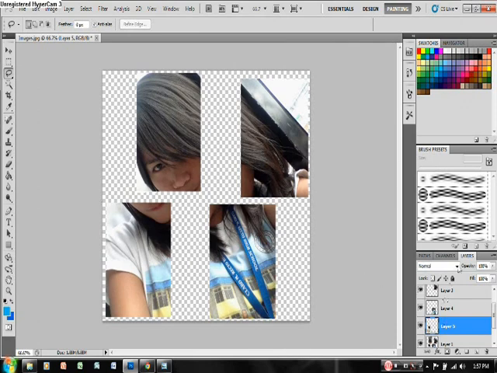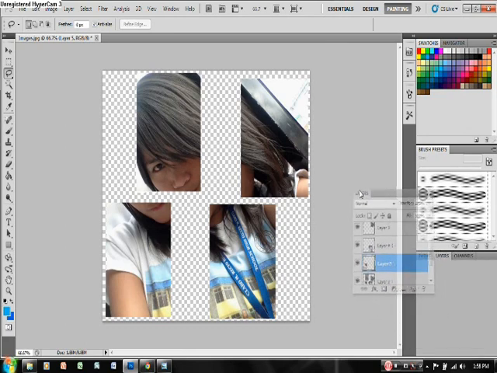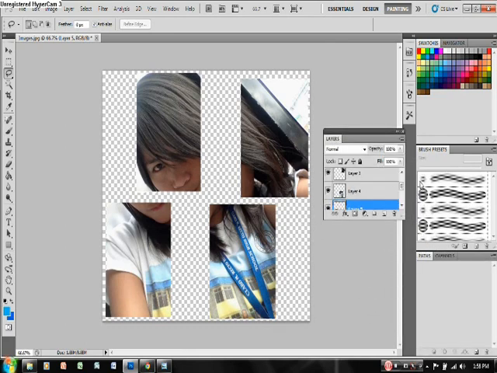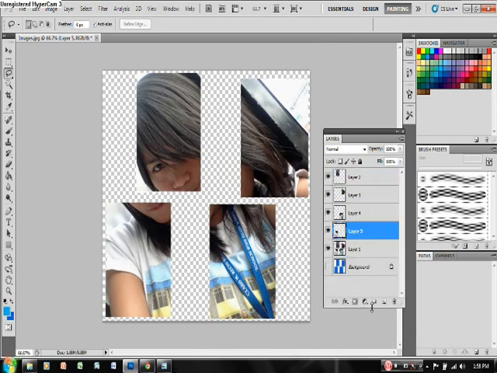If we move here, we are able to see it clearly. Okay, this is now the pieces of the picture in layers, starting with layer 2, layer 3, layer 4, layer 5. Okay, select the layer 1. And now we will reconstruct each piece to be able to restore again the picture.